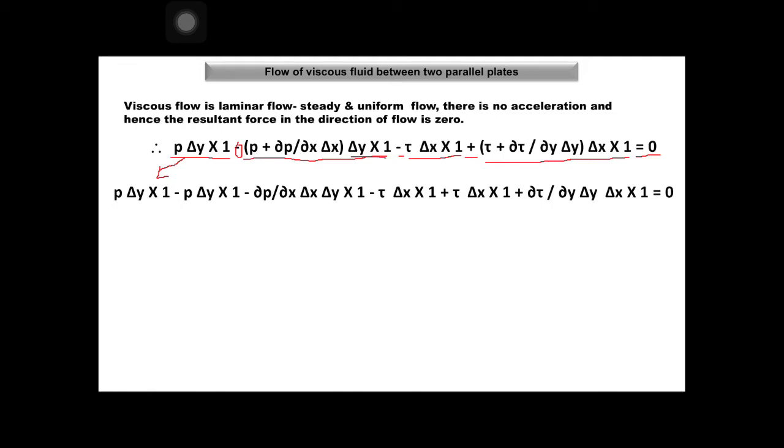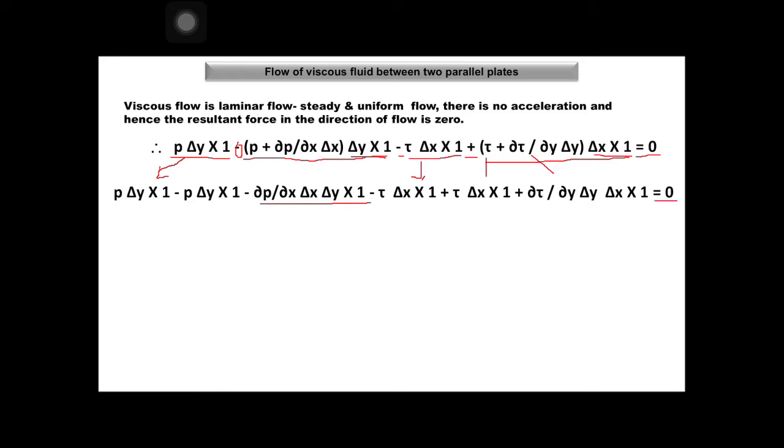So this P becomes P into delta y into 1, and the second term becomes delta P by delta x into delta y into 1. Similarly, these terms will come as they are here, and the second terms will get multiplied by this area, and this area will multiply the whole bracket. The first term will become tau into delta x into 1, plus the second term will become delta tau by delta y into delta x into 1, and that will be